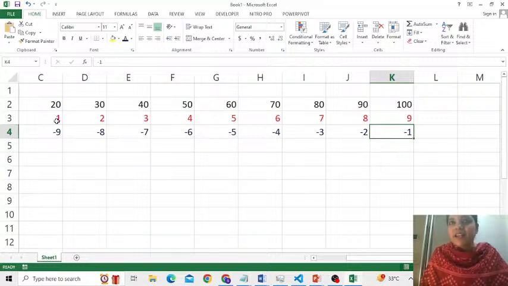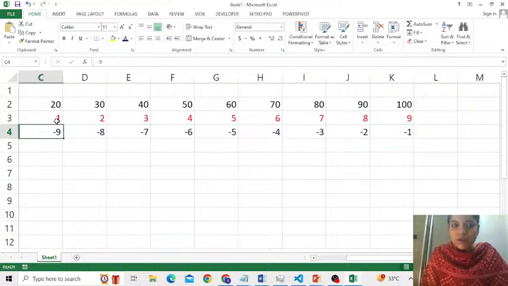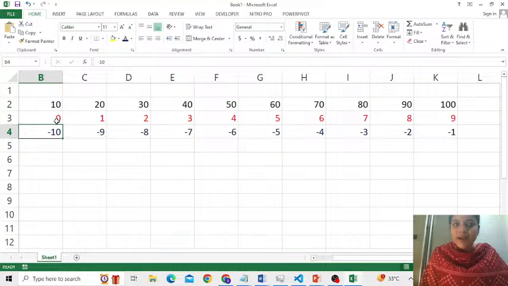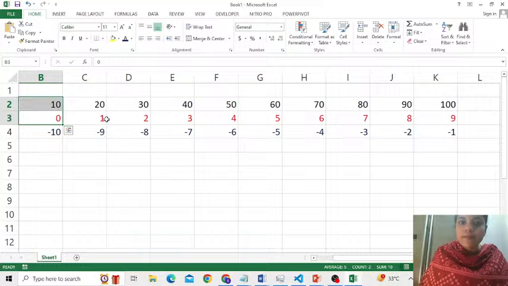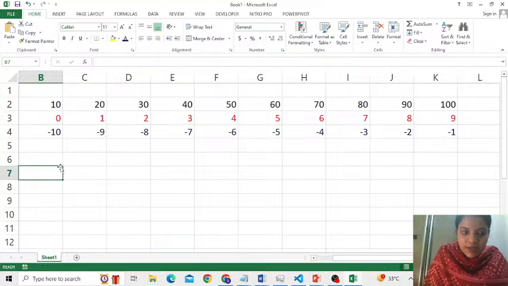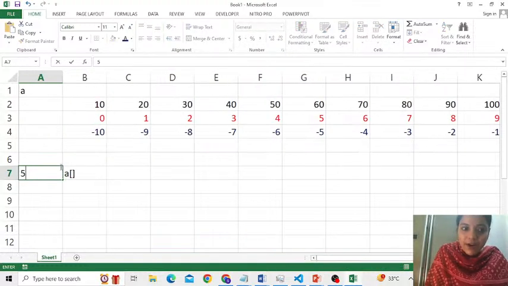But in negative indexing, the indexing never starts from 0. In fact, the last element is numbered -1. Right? So -1, -2. This way, the first element is -10 here. So if I say A of 0, that means who is the element in A at index number 0? That is 10. Correct? So similarly, if the list is A and I write A of 5,